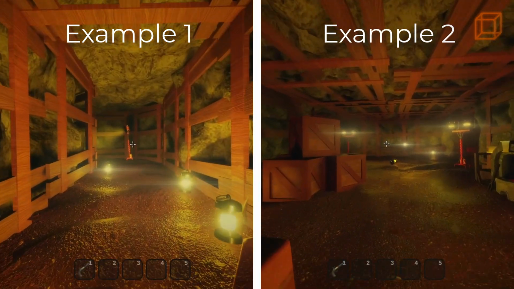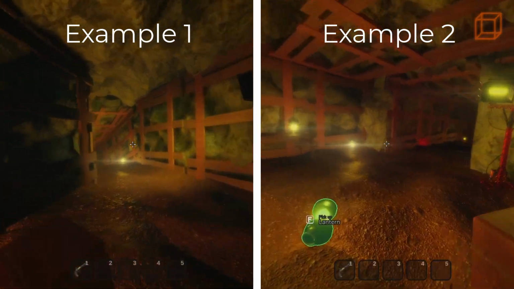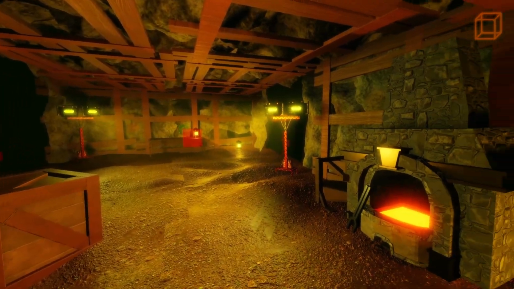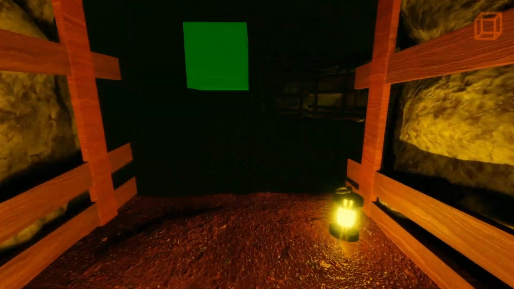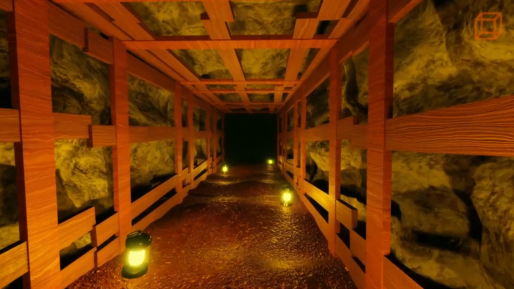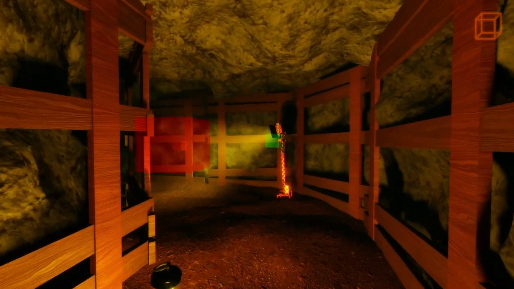So I started by adding the procedural generation. If I add procedural generation, it will mean that every time you play, there will be a different map. I started by making a few rooms. I made this big room, this hallway, this campfire room, this downward hallway, and also this left turn.